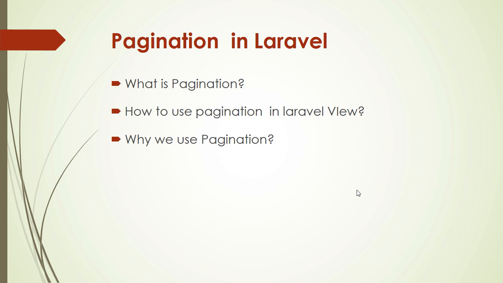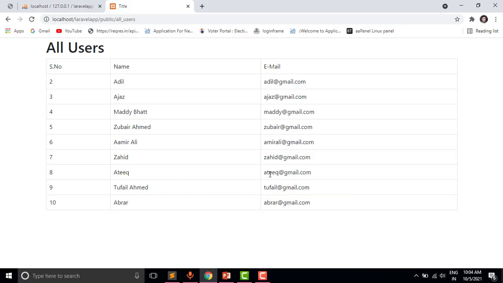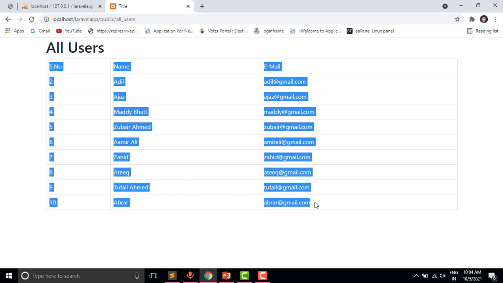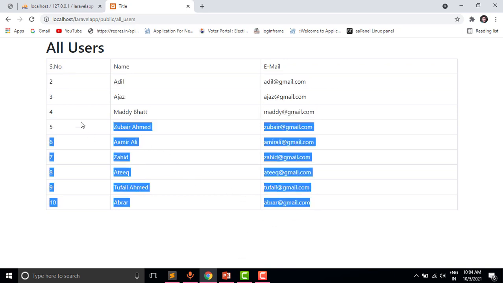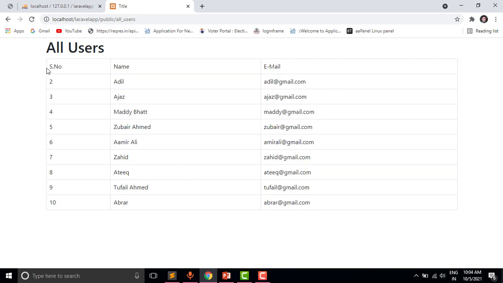For that we need to open the project which we have already created in the previous video. These are the users which we have already created in the previous video and already shown on this page. I have only used Bootstrap. I think you are already familiar with Bootstrap.